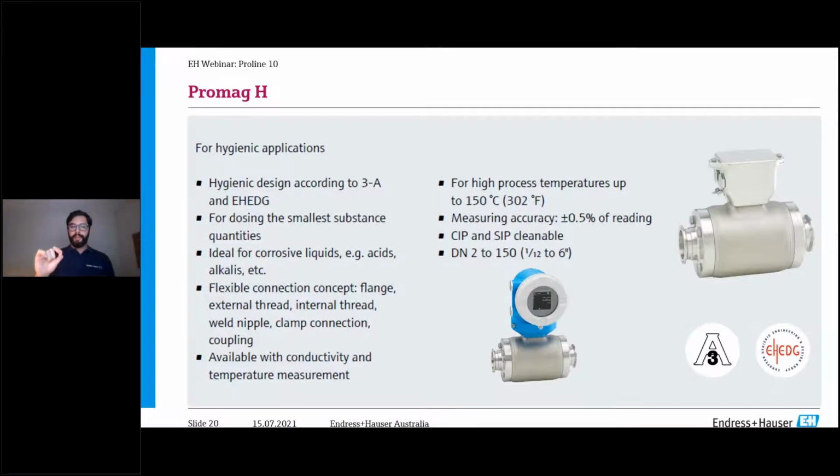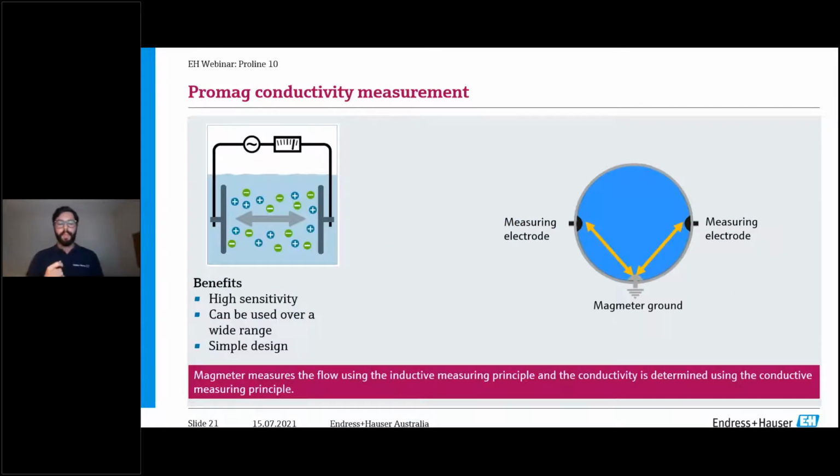And going a little bit deeper into the conductivity measurement, as you can see on the next slide, both the Promag P and the Promag H are now able to measure conductivity, which is a really great benefit, especially for the food and beverage industry, because it can really optimize your product losses. Instead of installing one mag flow meter and one conductivity sensor, you can have both measurements at the same time. If you go to the next slide, please, Taylor. Yep. So you can measure not only the conductivity, but also the temperature and the flow. This can be additional information, so you can really reduce your costs and really save products